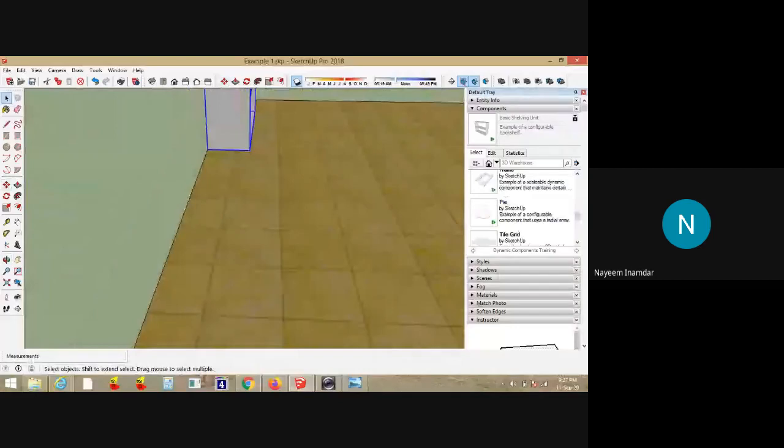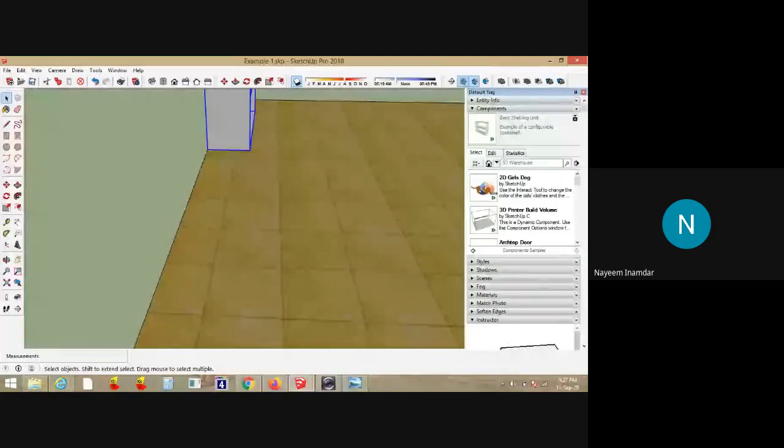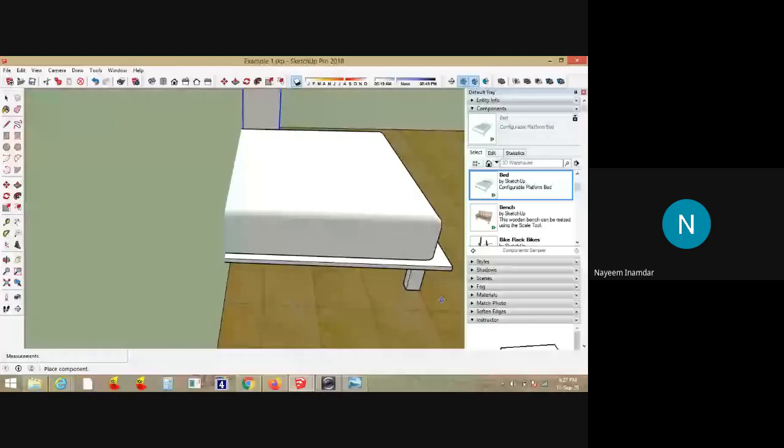Even you can have different furnitures. Suppose if you want to have a bed, you can just drag the bed here.